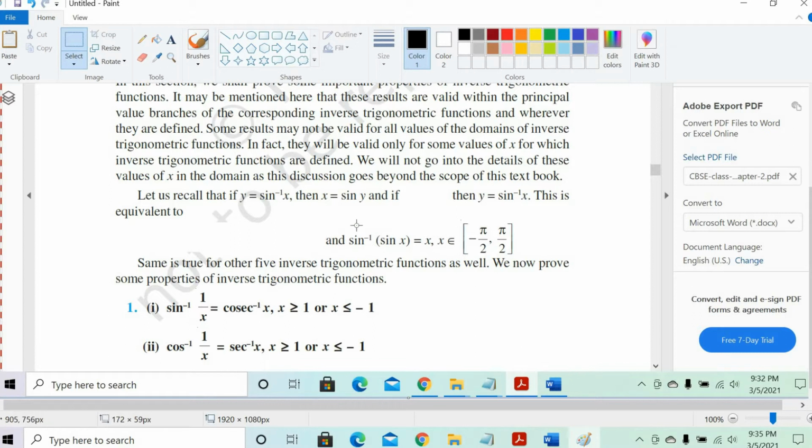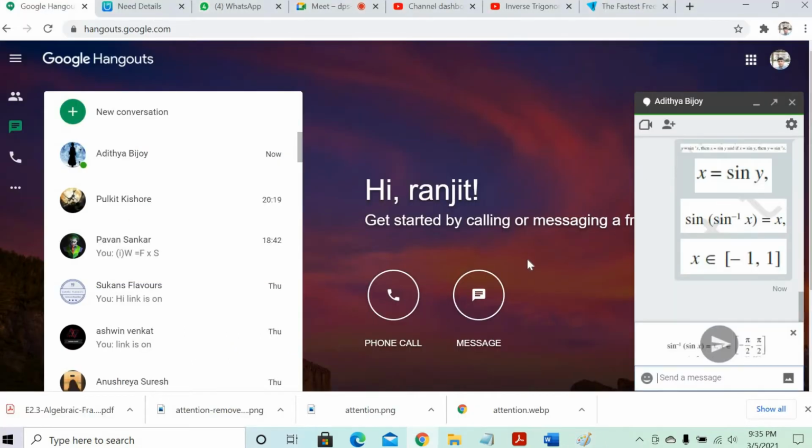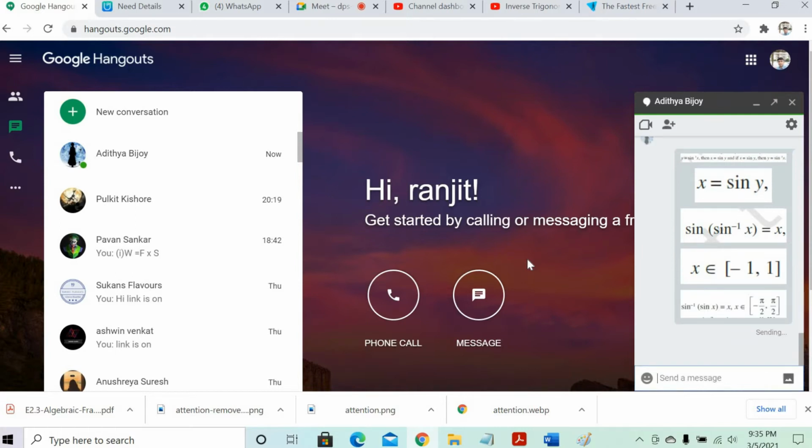Now sine inverse of sine x. The only difference here is you need to understand the principal value only, right? What happens to this value? Okay. So here, when you do the sine inverse of sine x, remember that sine x will evaluate to some number. That will be between minus 1 to 1. So that will give you some range. And the sine inverse of that will always give you the angle minus pi by 2 to pi by 2. Clear?